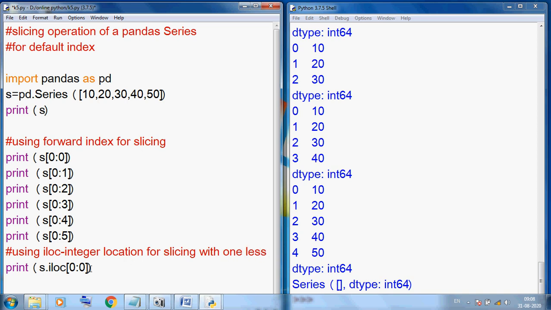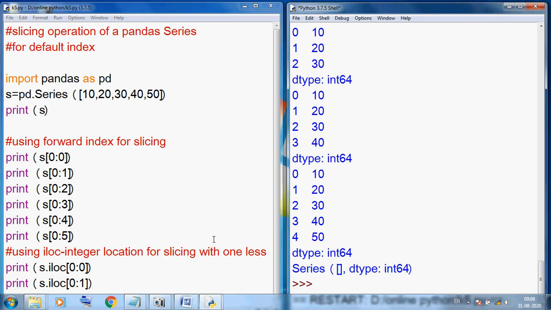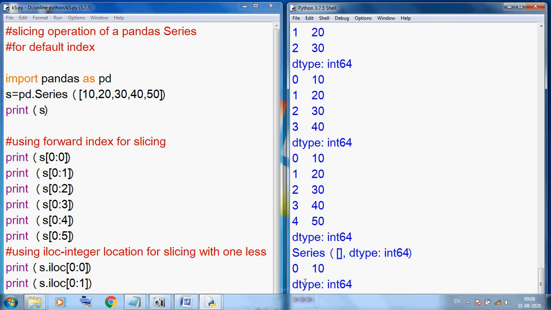Here I am using Control C, Control V again. Here I am using 1. So start from 0 and stop 1, but one less, so start from 0 and stop at 0. This statement and this statement work exactly the same. Control S, F5. You can see this is our starting value: start from 0 and stop at 0.